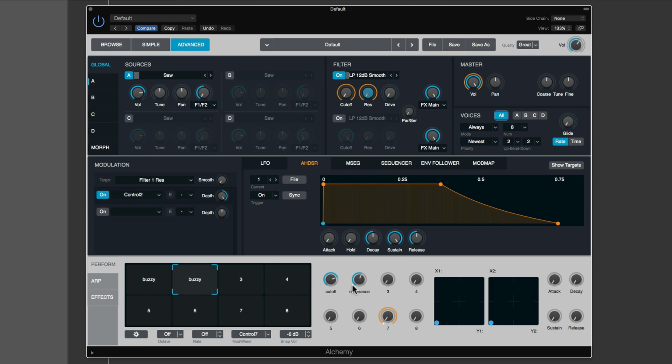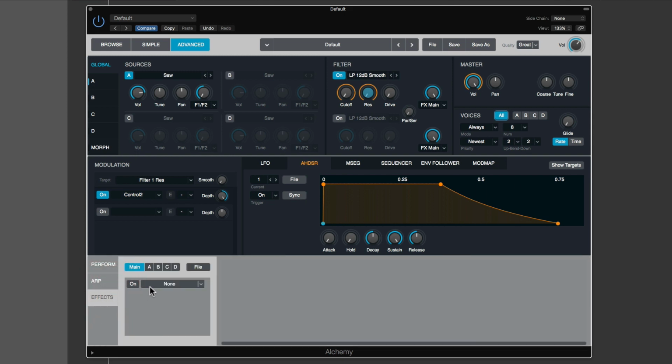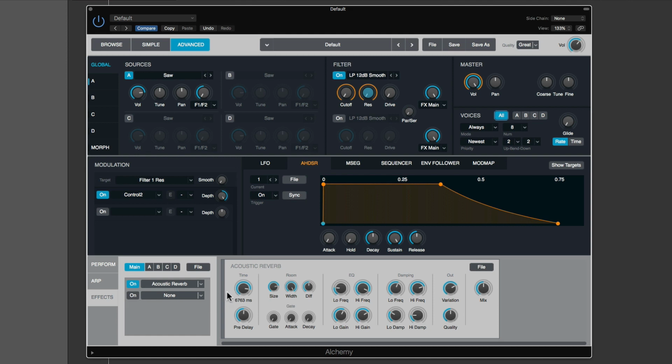Now I can add to it. So let's add some reverb. Effects. On the main effects bus I'm going to add a reverb. Now I can't assign the on-off for the reverb as far as I know to performance control, but I can assign the mix. So I select the mix. That's the dry wet mix for the reverb. There it is,